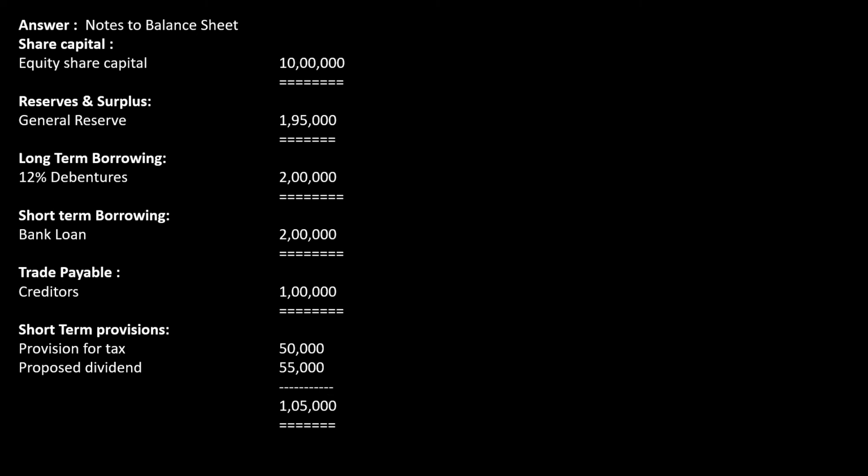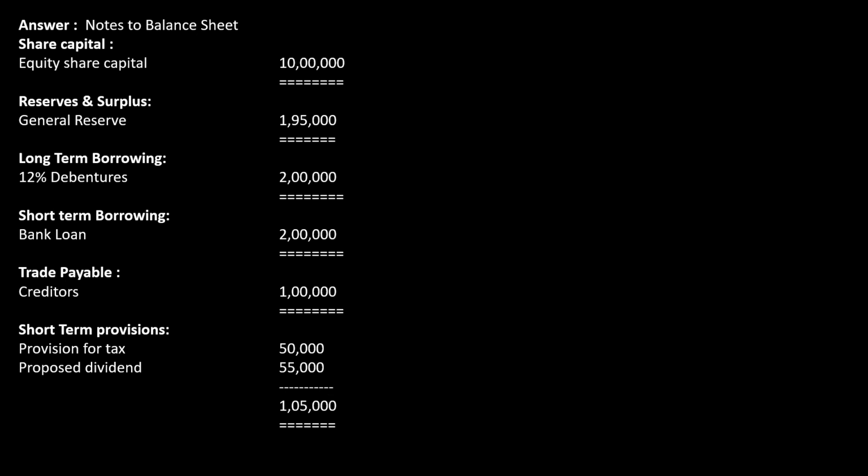The share capital alone comes in the share capital. And the reserve surplus, general reserve, P&L. Here there is only one item. So if you have only one item in a particular heading, there is no need for you to do a total here. As it is short-term borrowing, there is only one item. Trade payable, there is only one item. But your short-term provision, there are 2 items. So when there are 2 items, you write the total there. When there is only one item, that will be the total as well as the value. So you will take the same amount over there to the balance sheet.